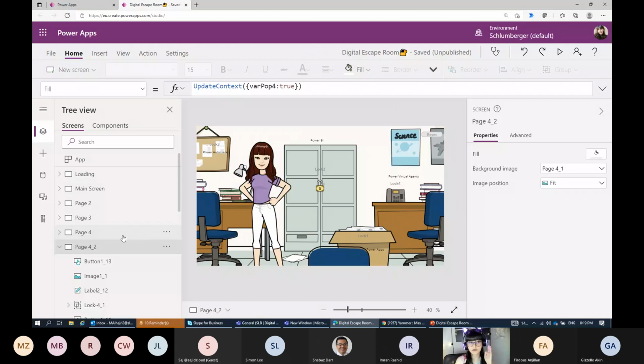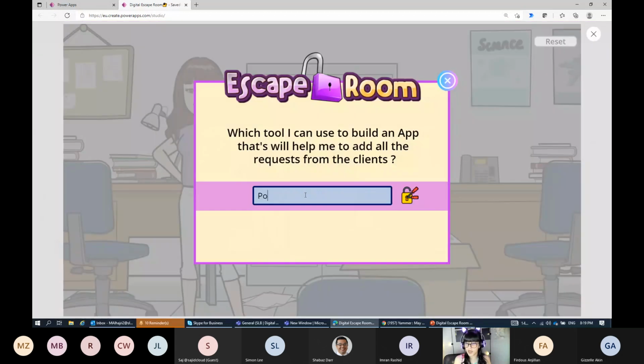A question concept for another story. So here the question is Power Apps. What you can add if your escape room is more complicated, or you have a lot of questions and they need to think, maybe you can add a hint.